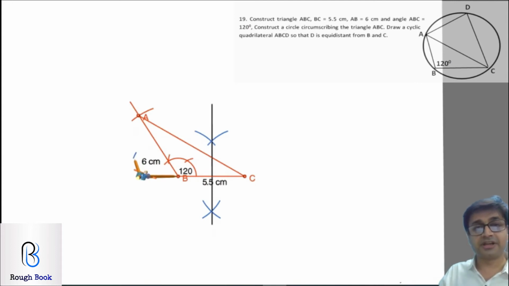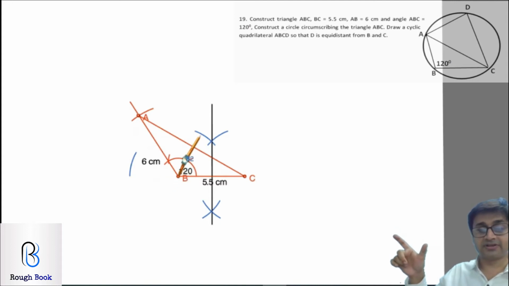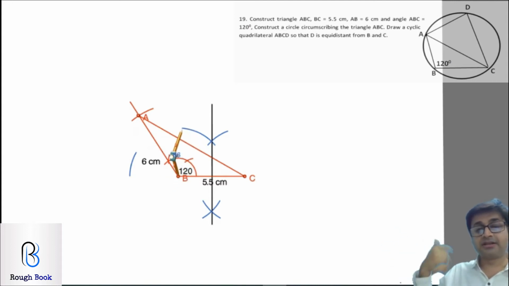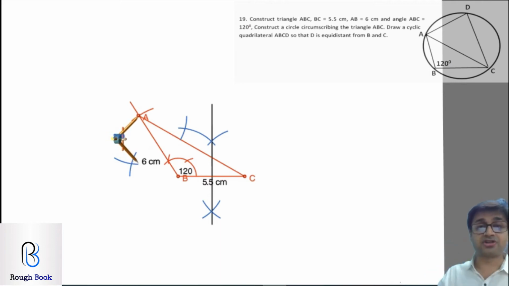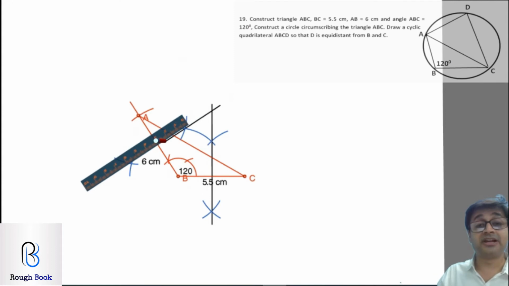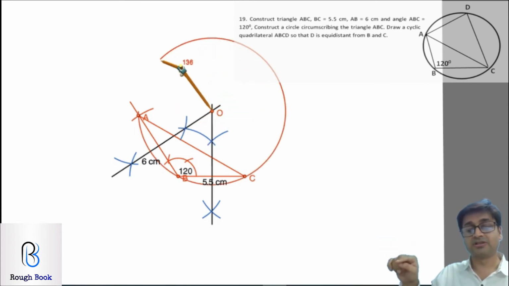Second bisector I am getting for AB. So again from B, same procedure, cut an arc greater than the half of the side, up as well as down. Then keeping it on A, same measurement, don't forget, cut an arc up as well as down. The point of intersection, join them, and we get two side bisectors intersecting each other. The point of that intersection now will become the center of your circumcircle. What is it called? Forgot. Circumcenter. So that's your circumcenter point O. Can you see there? Yeah. Keep your compass on O, extend till A and draw your circumcircle.